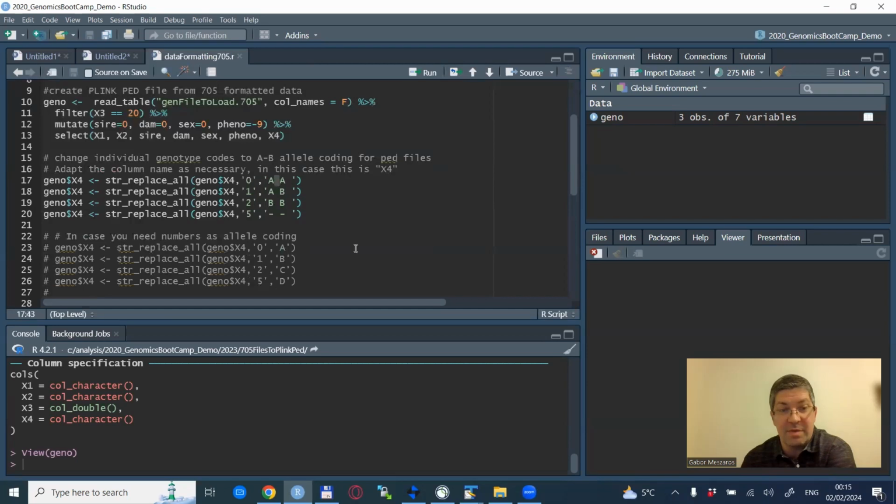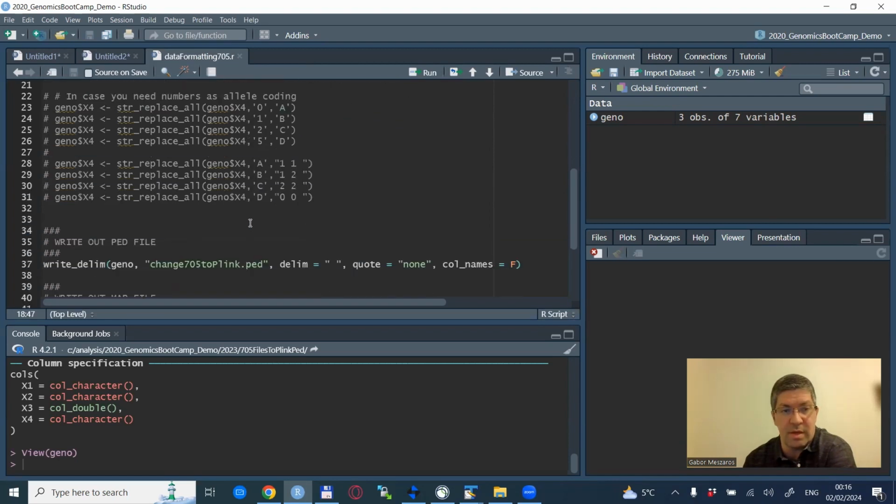We will introduce one space between the alleles and also one space after the allele, in order to introduce the spaces also in between the SNP genotypes. In this case, we will produce a ped file with the AB format,